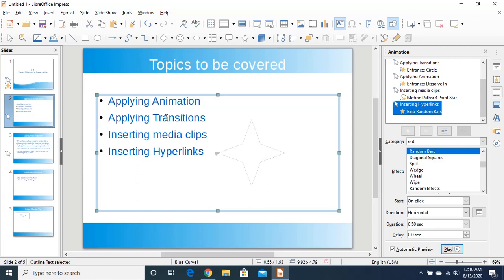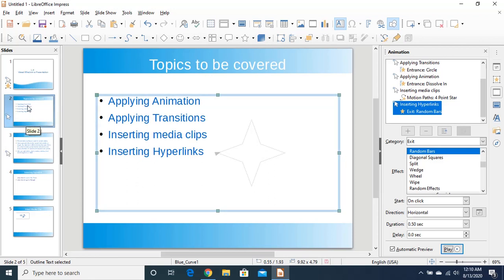So transition is an effect which is applied on the slide, that is how one slide will move to the next slide. One slide will disappear and the second slide will appear. Here you can see one star symbol. This star symbol represents that we have applied the transition on this slide, right?